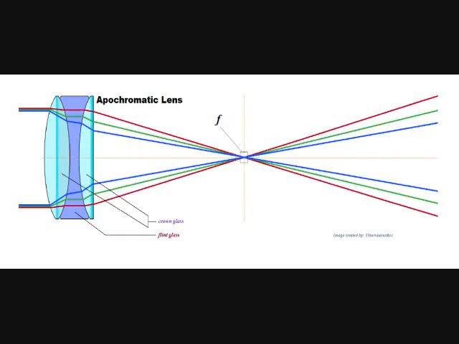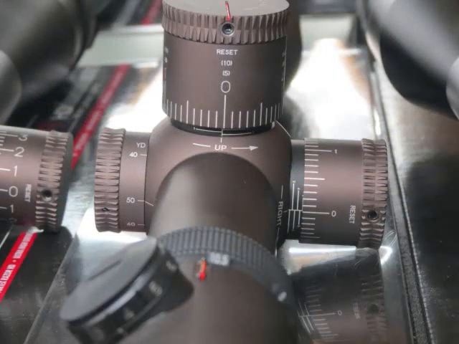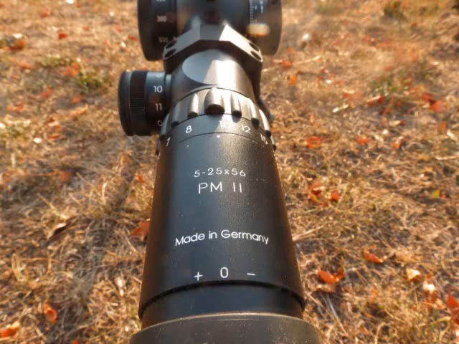But typically speaking, if you have any given scope model and you were going to somehow upgrade it to this HD glass, the high-density type glasses, or the apochromatic setup, you're going to pay a couple $100, maybe even $500 or $600 or $700 more than the model would have been just to have these lenses. They're extremely difficult to manufacture. There's a lot of fancy chemistry going into these. For example,